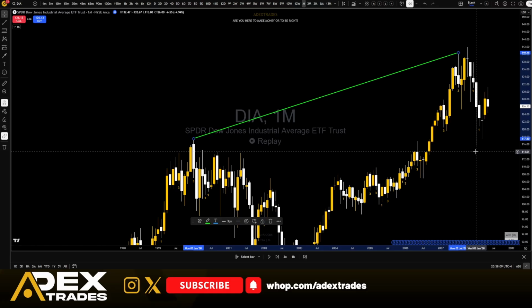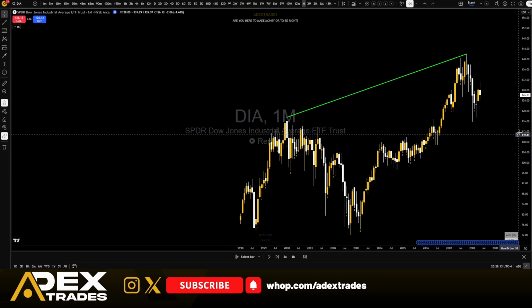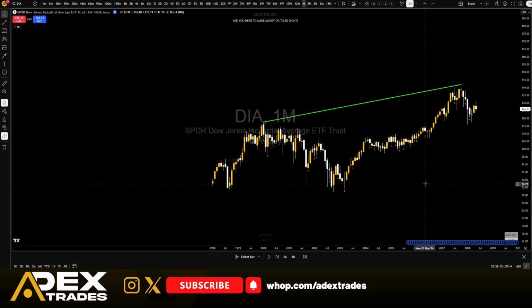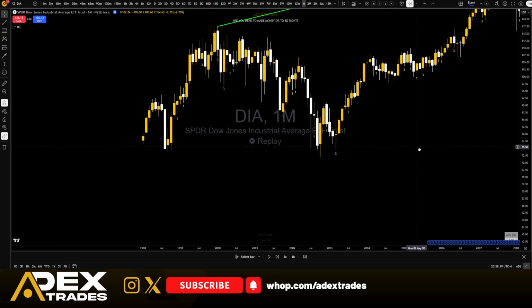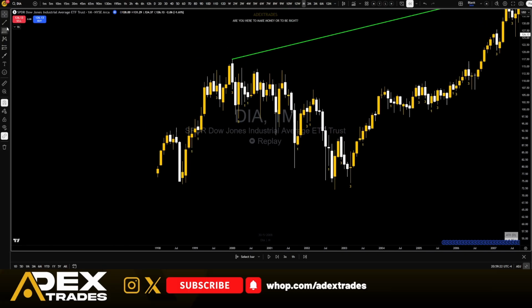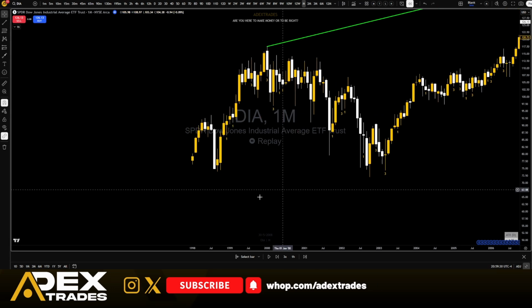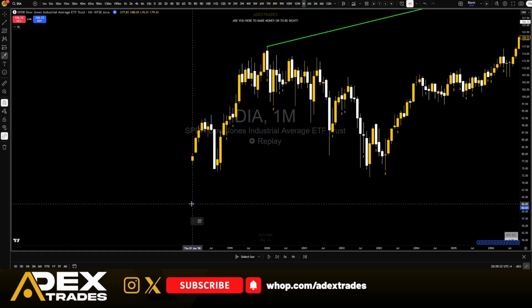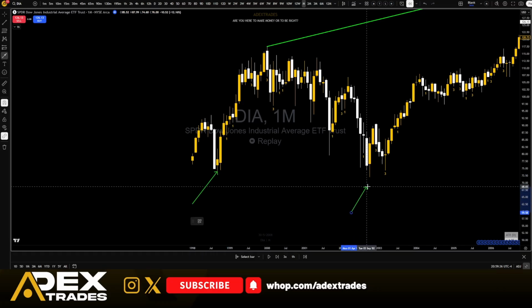Now, this is for the high to the higher high, for the upper part of the broadening formation. Now, if I take the lower part of the broadening formation, or if I want to see if we have a broadening formation, remember that it's from left to right, and I would be taking swing lows to a lower low. When I look at this, I can see that this is a clear swing low right here, and this is a clear swing low right here.